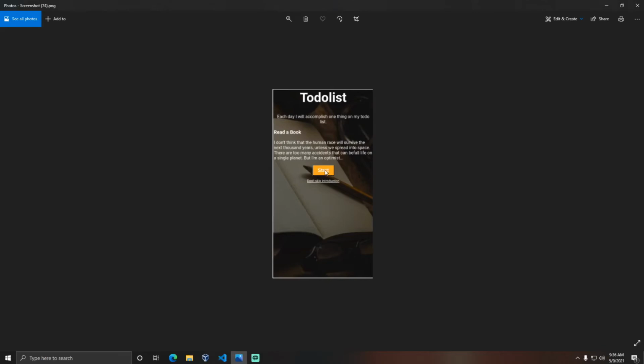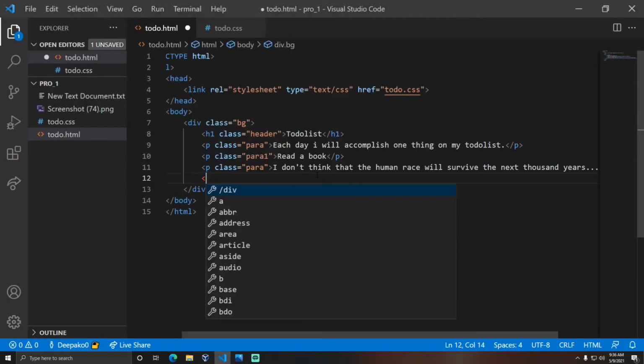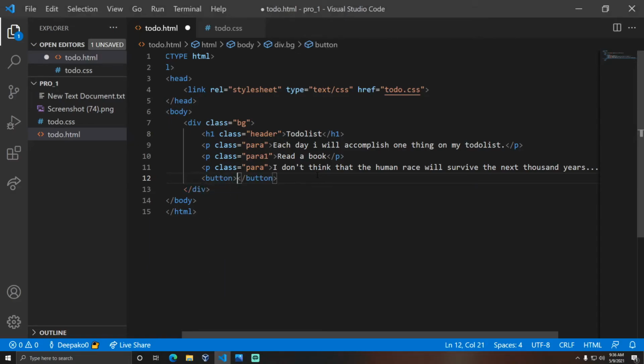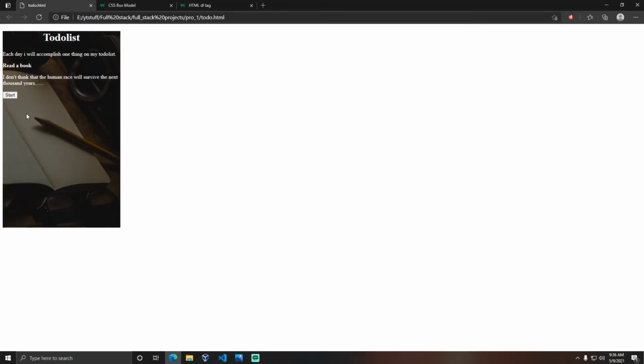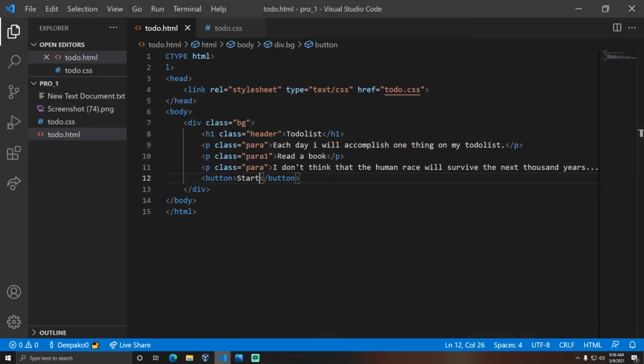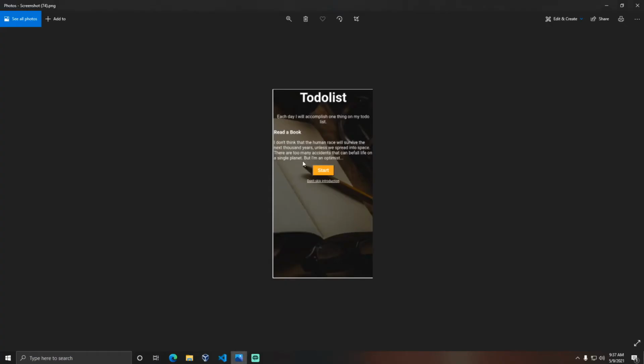See, here we are having the thing called button. In order to put a button in HTML, we use a button element with the button tag. Refresh the page. You can see the button is created, but we need some styling: the button is centered, the text color inside the button is white, and the background color is orange. Let me achieve this design.